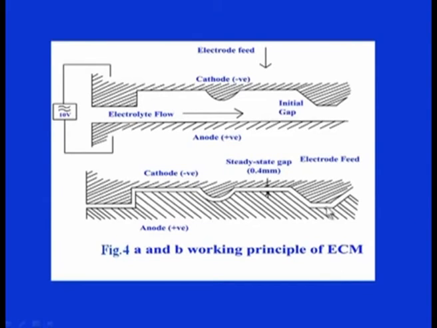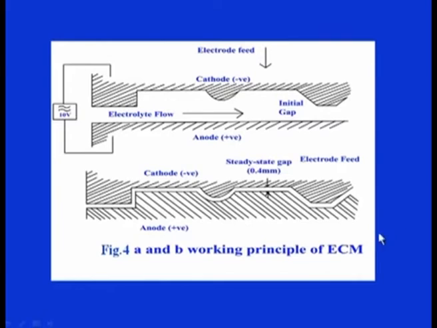This gap will be maintained by the appropriate control system for the tool advancement, or for the workpiece advancement at a particular rate. Through this gap, the electrolyte will keep flowing continuously, which will keep the connection between the power source, or you can say cathode and anode, alive, and at the same time will take away the debris produced, which are nothing but the